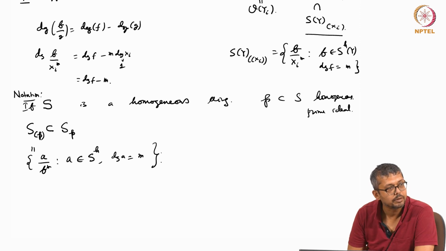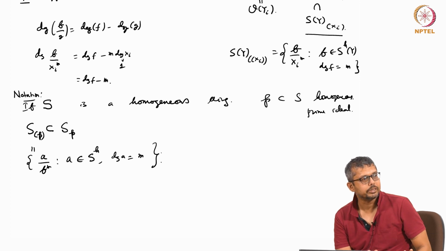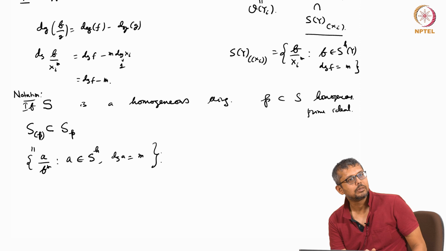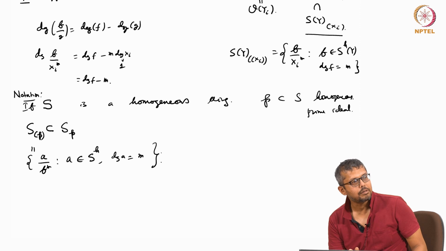Degree 0 part of the local ring. No, I'm saying the degree 0 part. It won't be a local ring. The multiplicative closed set has to be the homogeneous elements. Localization at which ideal? It is not localization at some prime ideal. What is the maximal ideal of this? I'm saying T inverse S, where T is all the homogeneous elements not contained in the prime ideal.